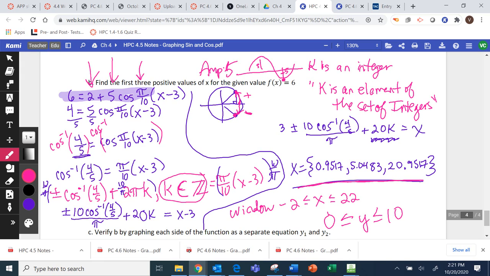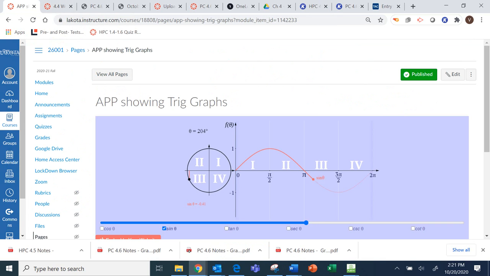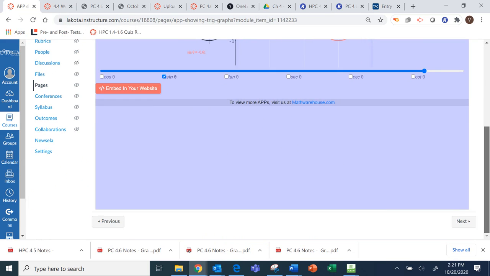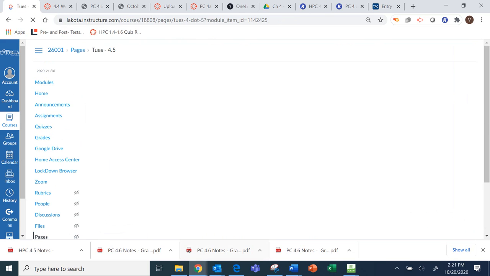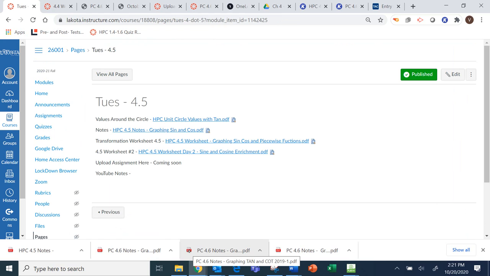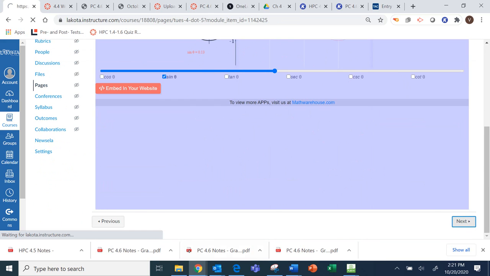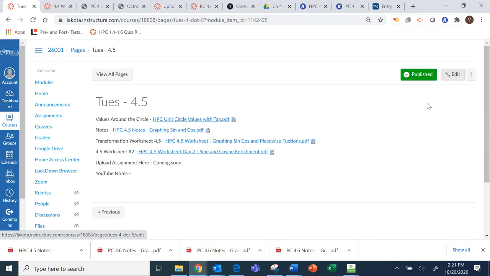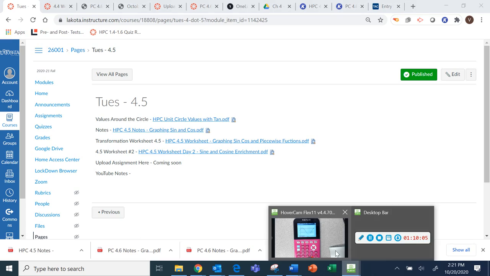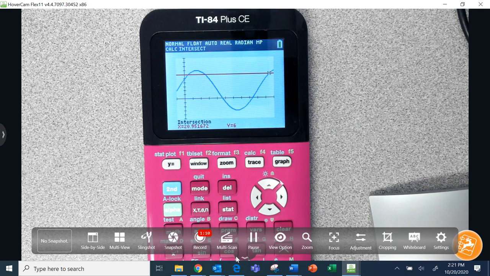You guys have 2 separate worksheets because normally this would be a 2-day process, but block day. There's 2 separate worksheets. The quiz that you're going to expect will not be on the second worksheet. It'll be on, you see right here. Oh no, it's not right here. It's on the week at a glance. It will just be on the first worksheet. I didn't even put it on this at all. I'll put it on here. It will not be